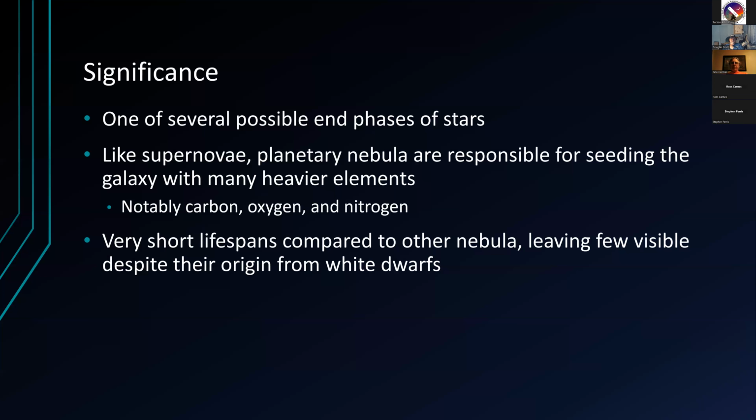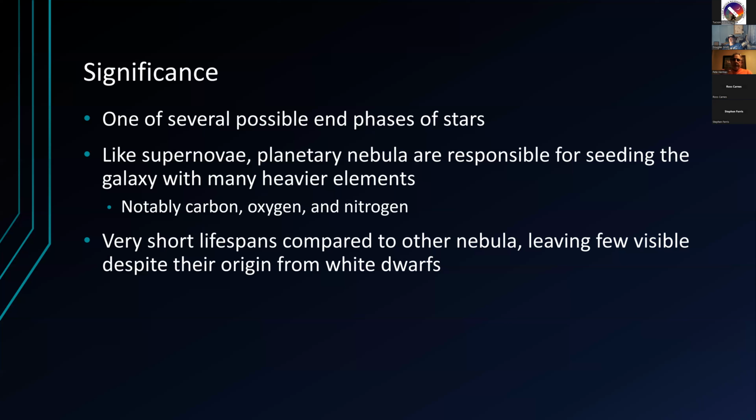And other heavy elements like the transuranic elements, gold and silver are provided by neutron stars and supernovas. What's beneficial about this is these nebulas have a lot shorter lifespans compared to other nebulas, just that they blend it so thoroughly and leave so much. But there are only about, I think, 3,000 planetary nebulas that have been formally cataloged within the